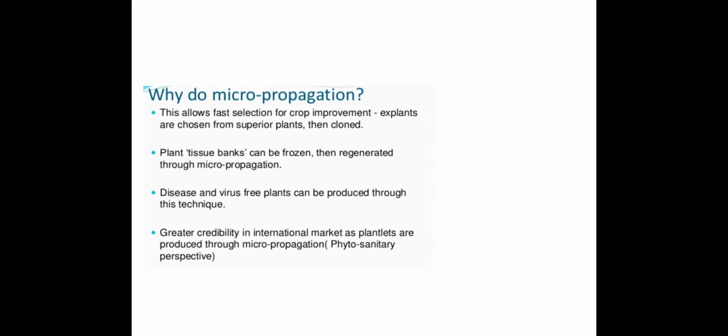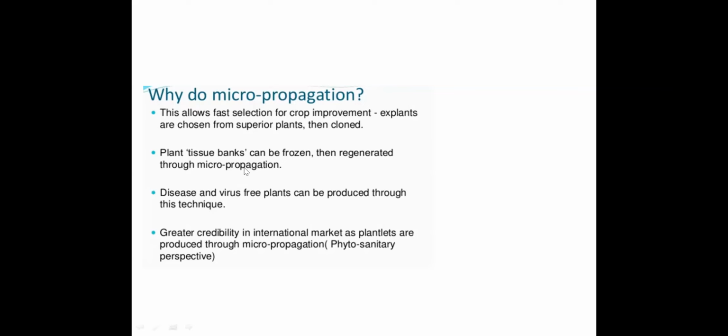Because in natural sexual reproduction, there is every possibility that the character can be lost due to mutation, due to transposons, the jumping genes. Due to transposons or mutation, the good character may be lost. But when you go for cloning, clonal propagation, you are actually enhancing the good quality characters. There will be no loss of the characters. So you can use such superior plants and you can clone them.